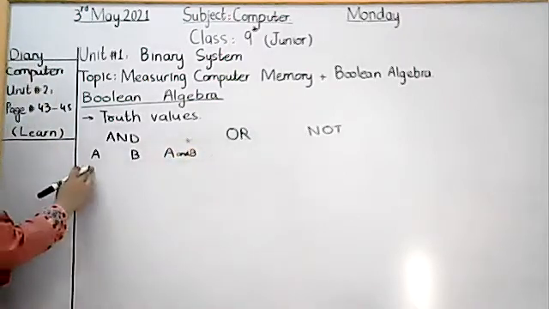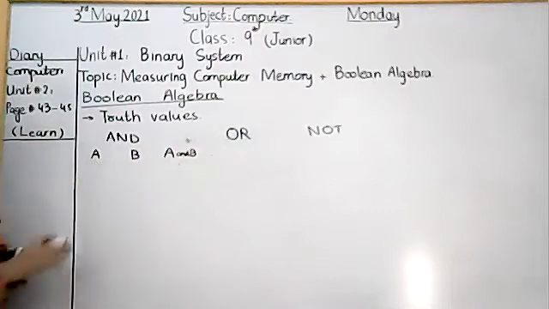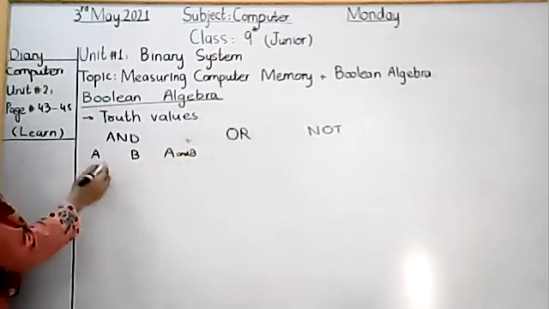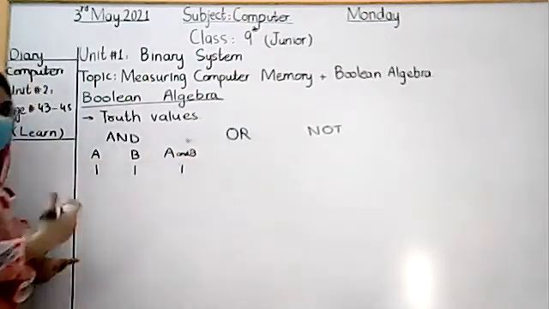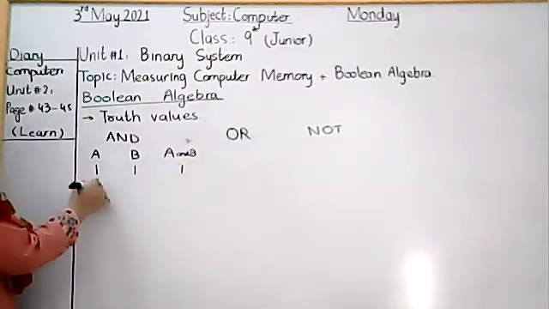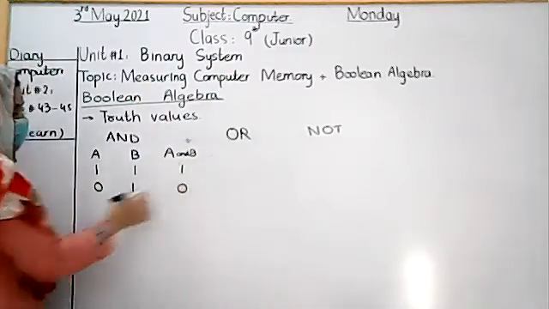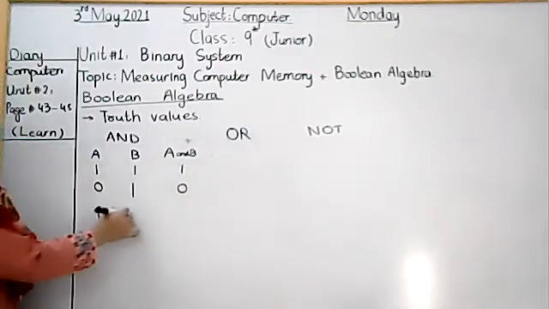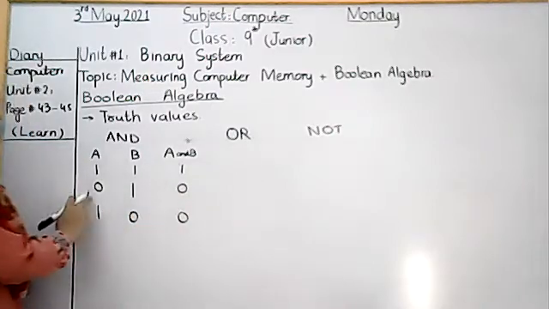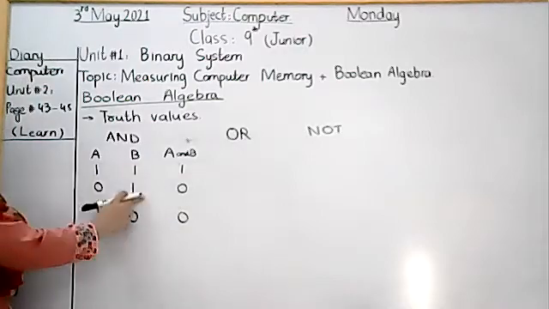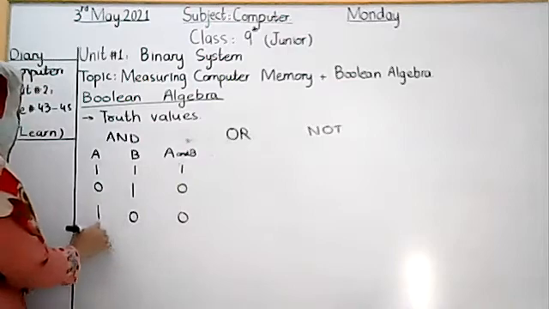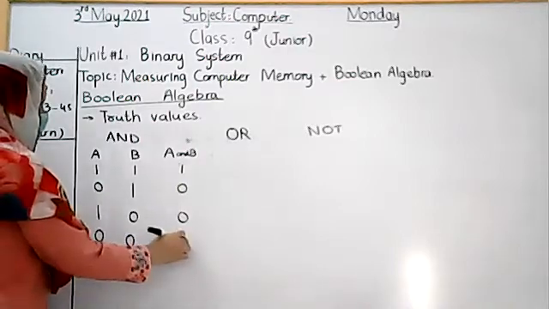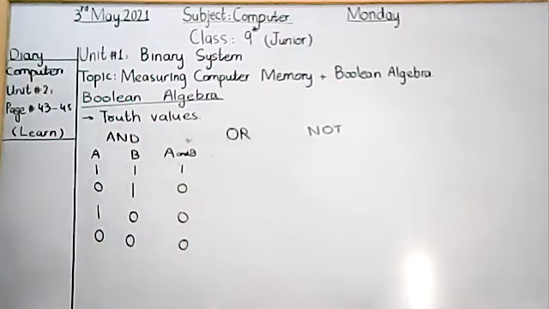Okay. So AND always comes with the true value when both of the bits are on, then it provides the 1 value. If one of them is off, it always provides the result 0. In this way, for example, in the second row B is on and in the third row A is on, but it is providing the answer 0. And if both are off, it always provides the result 0.